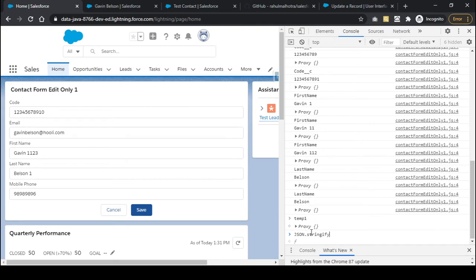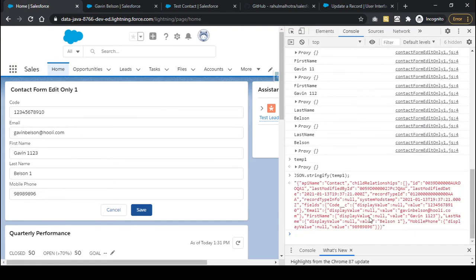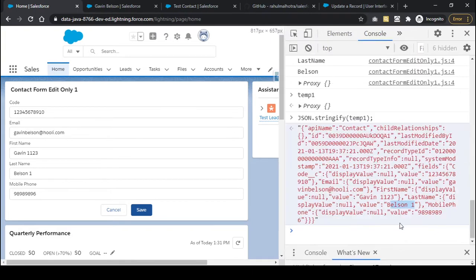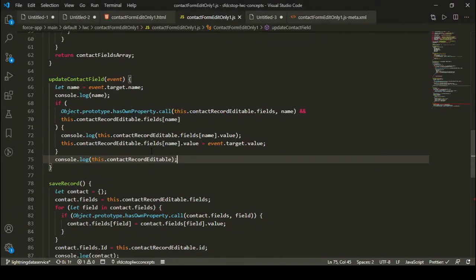So JSON.stringify and then temp1. If you see here, in case of my last name, the value is updated as Belson1. So this is the new value, which is nothing but Belson1, and the earlier value was Belson. So my contact record editable is being updated automatically whenever I'm making any change in my field.